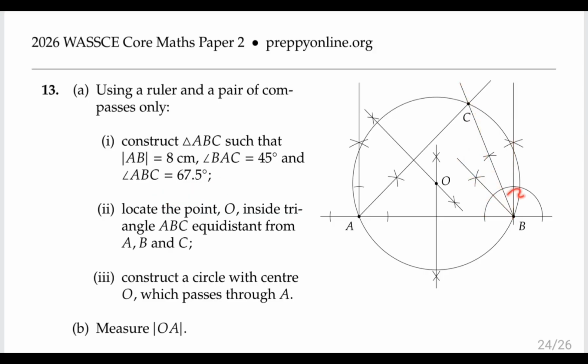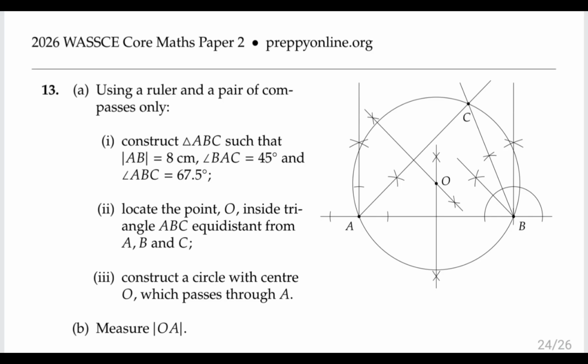67.5. So when you do that, now you have your line from A going through C, you have a line from B going through C. The intersection of those lines is your point C. Then we are told to locate the point O inside triangle ABC that is equidistant from all the 3 points